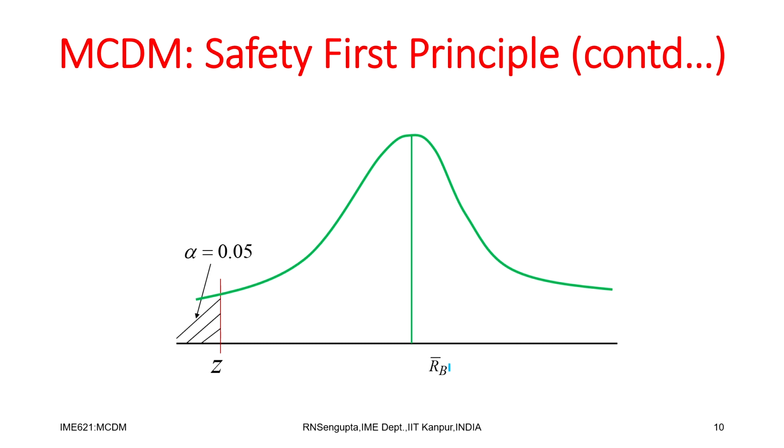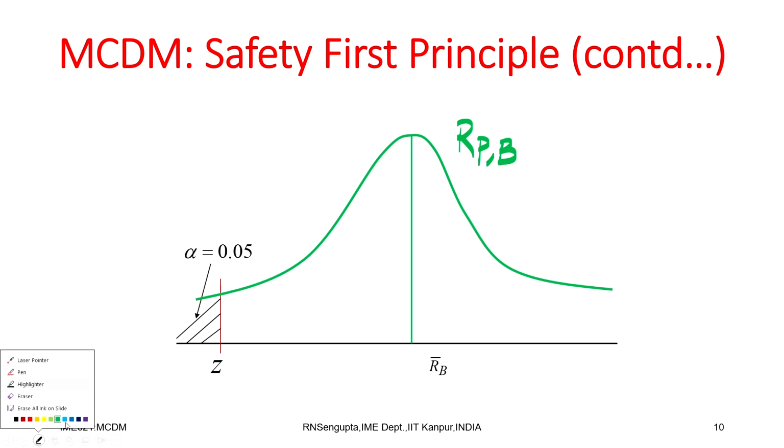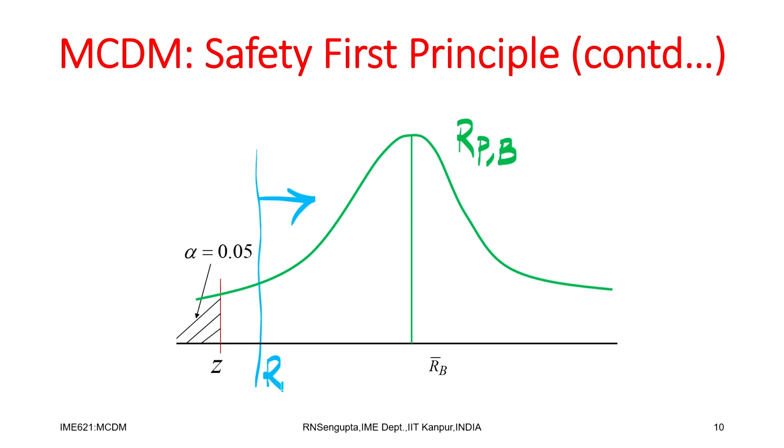We have R p bar given, the green vertical line distribution is given for R p for the decision B. So, this is R p comma B for decision B, this is the average value, and considering this, if you superimpose the condition of trying to maximize subject to conditions, we are trying to consider R L and push it onto the right. This is what we are trying to do.